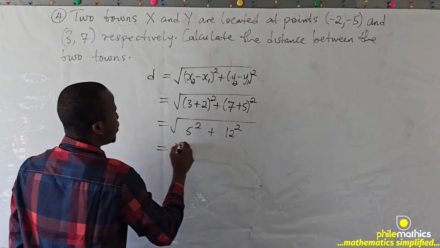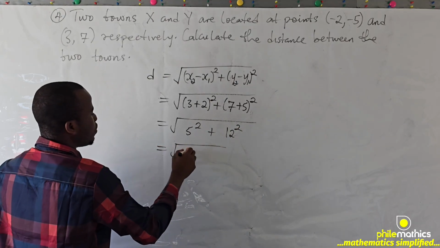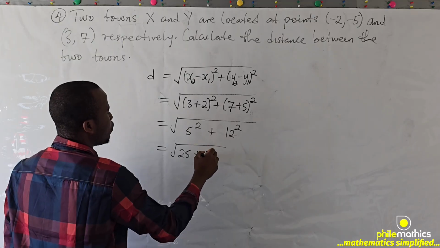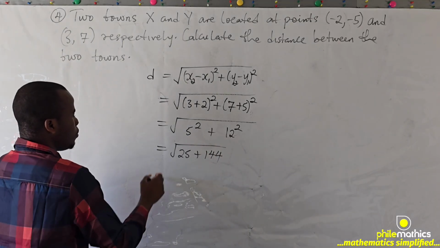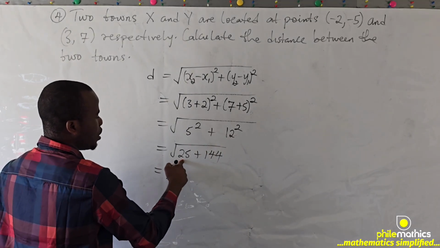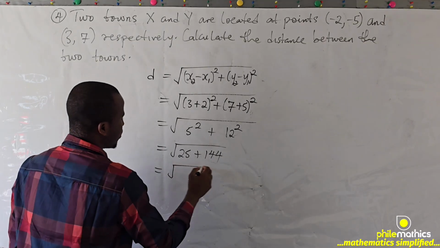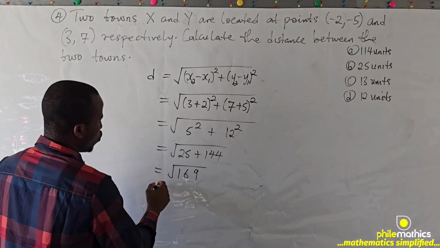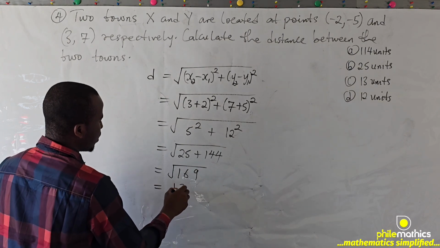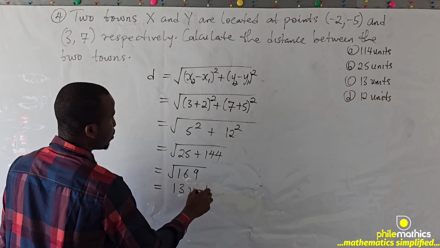If we take this, 5 square is 25 and 12 square is 144. If we add this, 25 plus 144 is 169. And so this is 13 units,